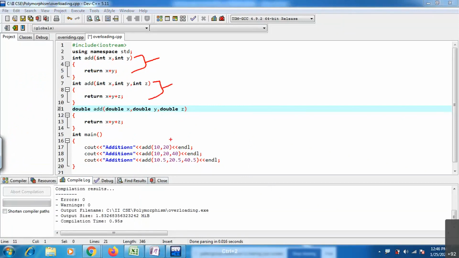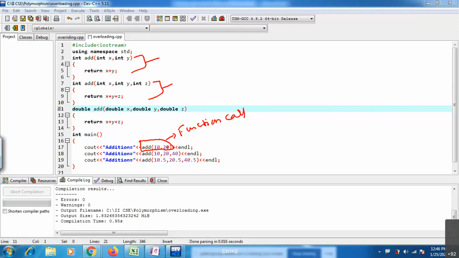If you want to use a particular function, you need to call that function. This particular thing, add 10 comma 20, what does this mean? This is the function call. I'm calling this add function with two actual values, 10 comma 20.